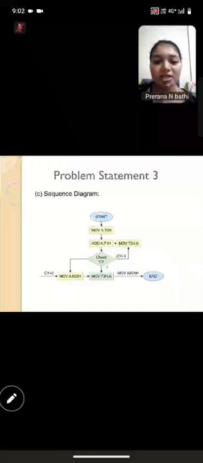Now check CY: it sees if carry CY is 1 or 0. If CY equals 1, then it moves 01H to A and stores A at memory 73H. If carry equals 0, then move 00H to A, store A at memory location 73H,